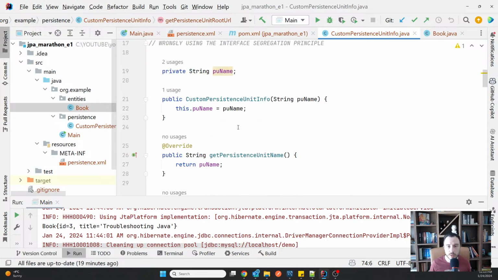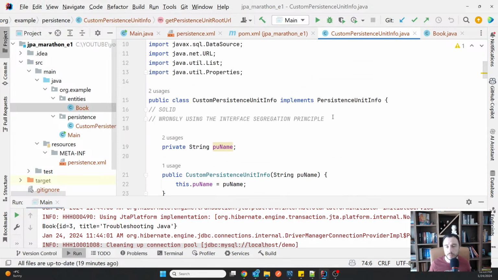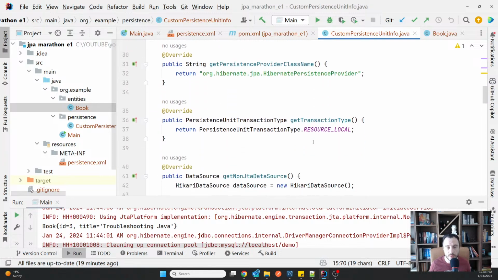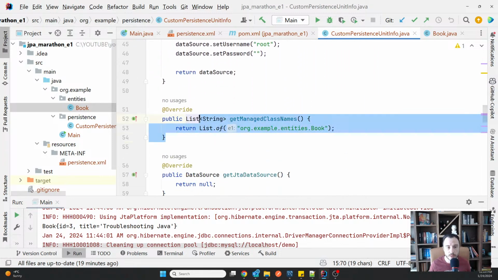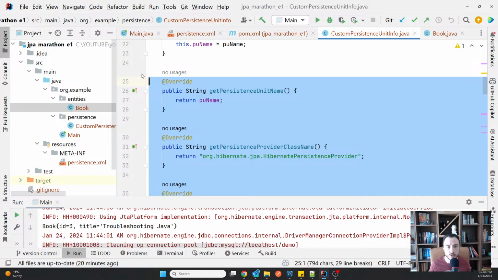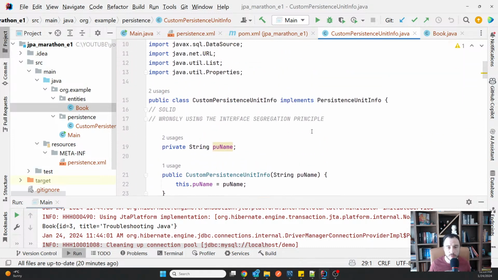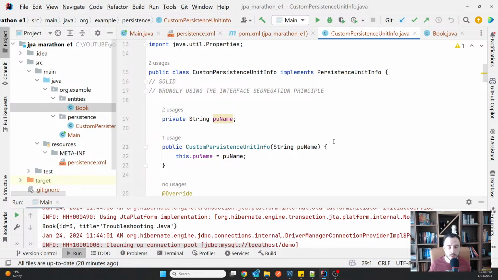Of course, you can configure it up to the end, but remember what I was saying. So normally this persistent unit info file should have been split in such a way in which I can decide whether I want or not to override, and I can choose to override only the things that I only need to override, which are these 4 methods. This is another good example of a wrong interface segregation from a real world stuff that we are using very often.